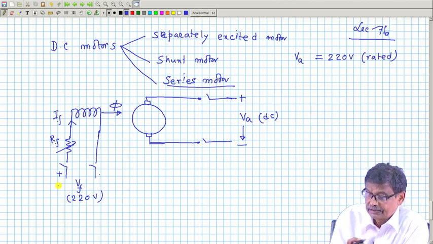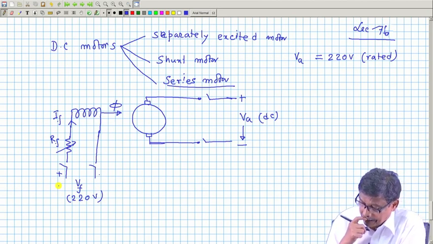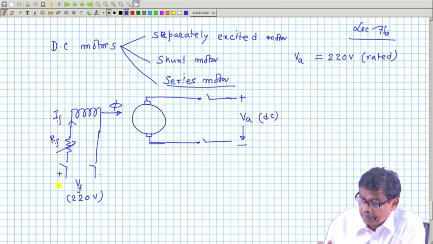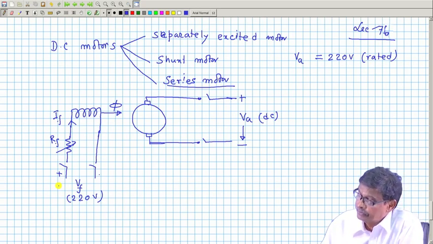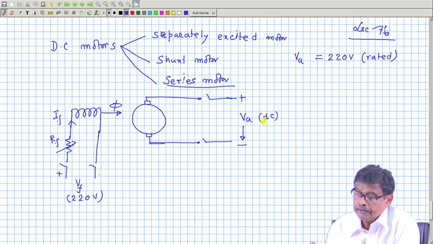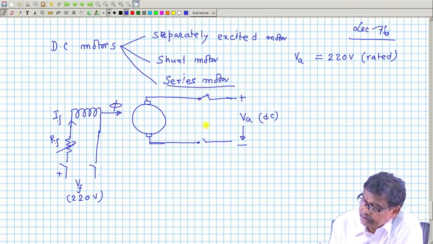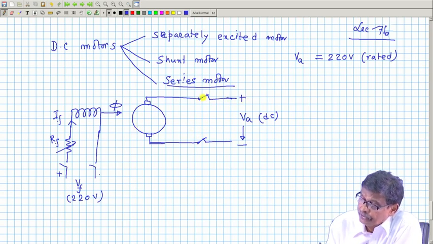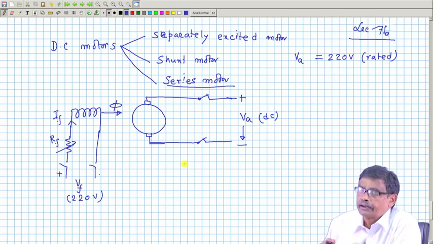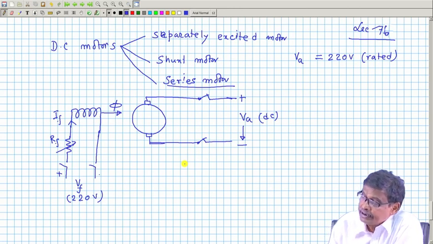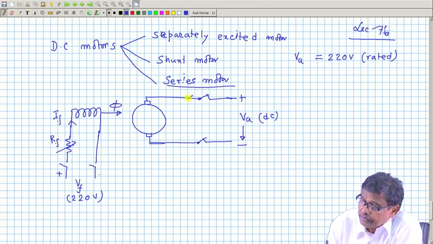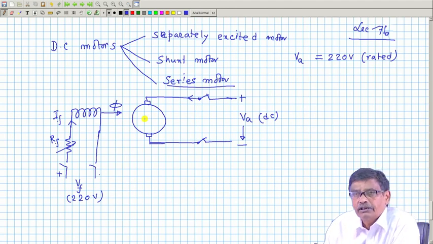I have just indicated VF and VA separately, because I may vary them in future for the separately excited machine, so maybe I will have some control. So, apply some 220 volt DC. Now, when you switch on this machine without doing anything, at the moment you close these switches, how much will be the current? Because the machine was stationary, the machine has got some inertia. So, at t equal to 0 plus, immediately after you have closed this circuit, the current drawn from the supply is called the starting current,